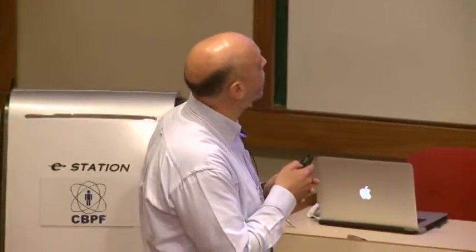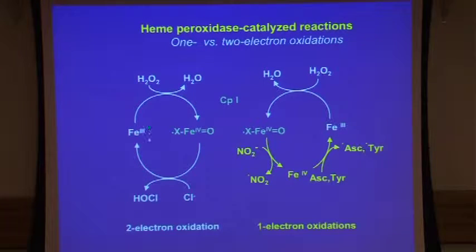Another key player in oxidation reactions, especially protein oxidation during inflammatory conditions, are the heme peroxidase-dependent reactions, most notably myeloperoxidase that comes from neutrophil degranulation and eosinophil peroxidase that comes from eosinophil degranulation during inflammatory processes. And these heme peroxidases, like myeloperoxidase, liberated by activated neutrophils,